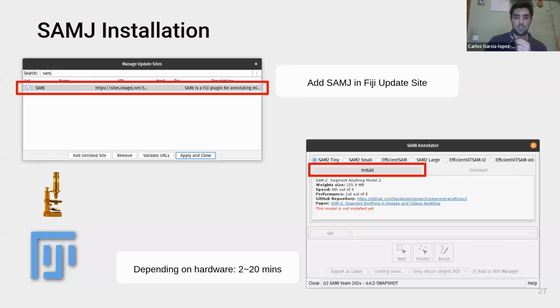And we came up with SAMJ, which, as explained later, should be quite easy to install, just in case someone missed the beginning of the talk. If you want to try to use SAM now, you just need to go to the Fiji update site, click on update, add new update site, look for SAMJ, click on it, apply and close. SAMJ will be installed, and once it is installed you need to restart Fiji. Then go to plugins, open SAMJ, SAMJ annotator, and then you just choose the model that you want